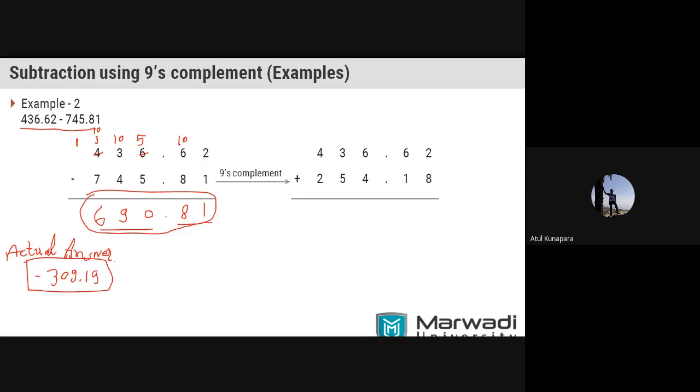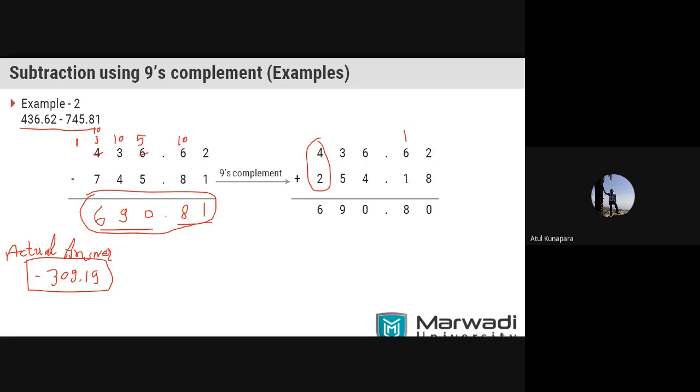Now you just need to perform the addition. So when you do the addition here, you will be getting this answer. But now you remember this thing, that whenever you are performing the 9's complement method for subtraction, if you are not getting carry here, you just look at here. When we have performed the addition at the last digit, if you start from here, 8 plus 2 is 0, so 1 carry will be there.